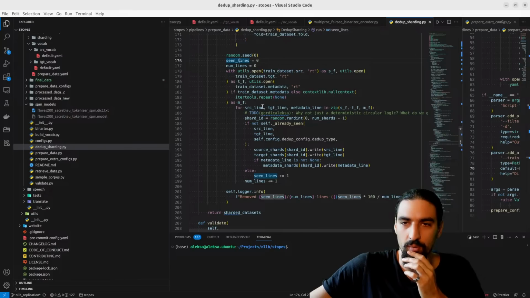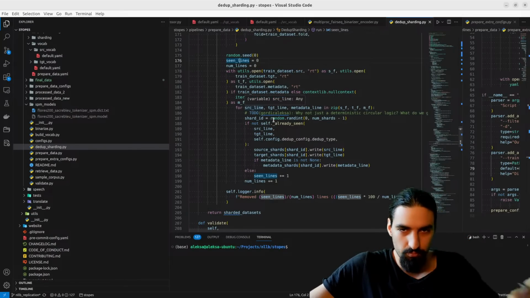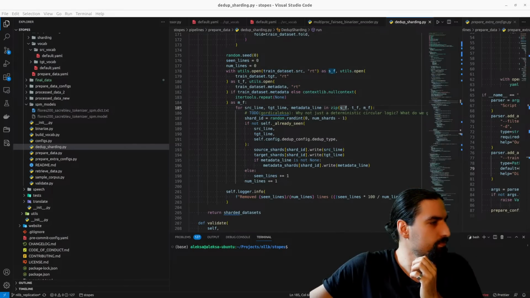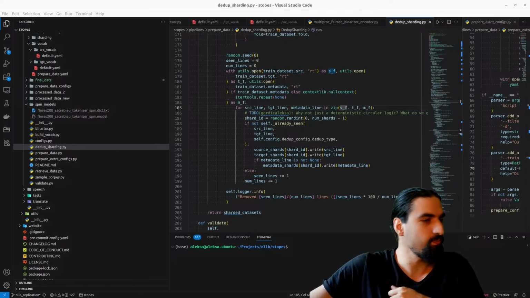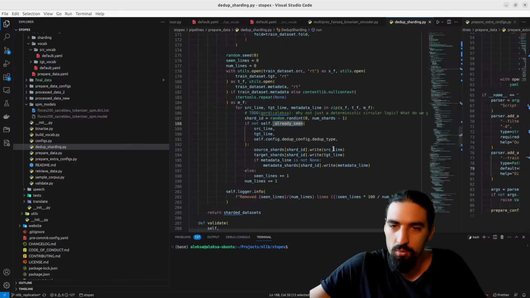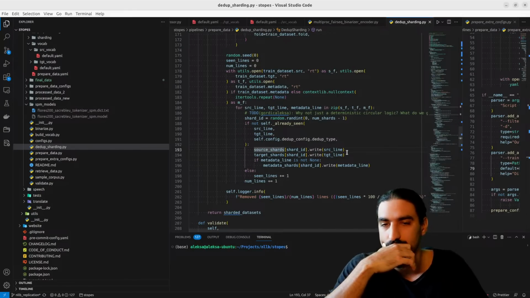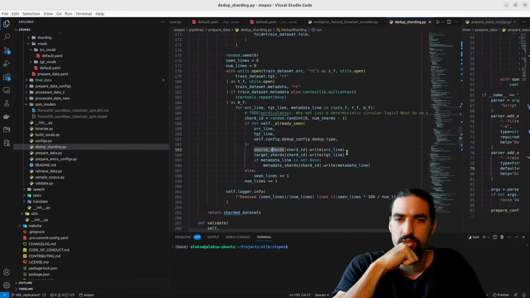So we go through the files. Already seen, and we write the lines if we haven't seen them to the target shard. There's a couple of confusing parts there.